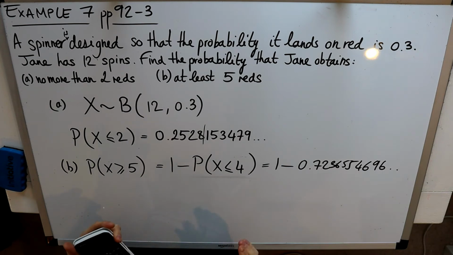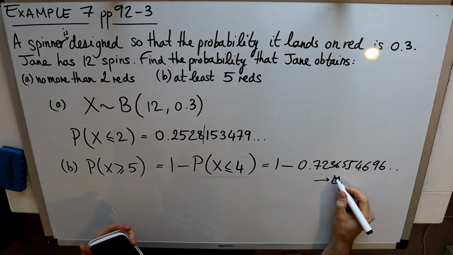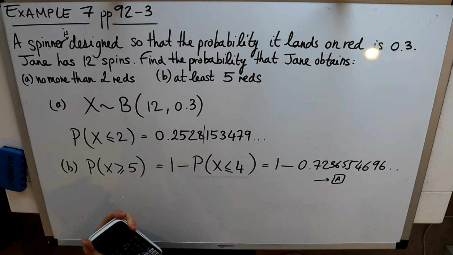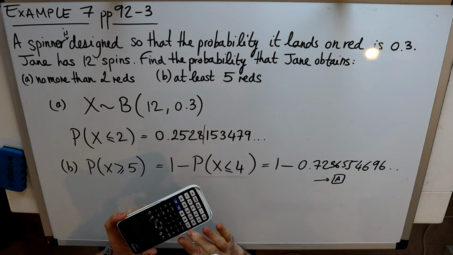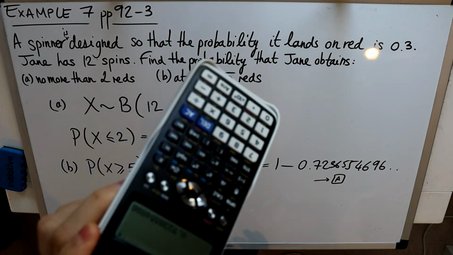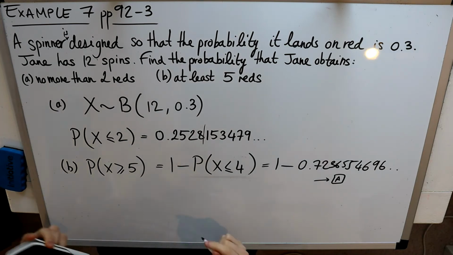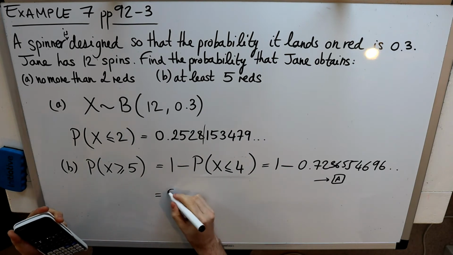Now what's useful about the calculator is I can actually store this value to a variable. So I would write store and then hit A, and now that is stored to A. So I can go back to menu and go to the calculation section and write 1 minus A, and it will give me an exact value here,